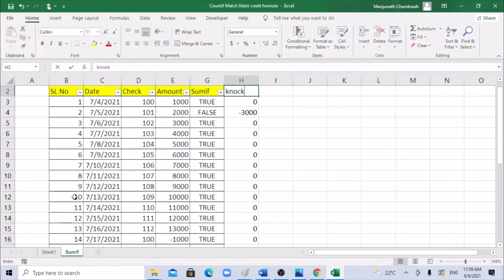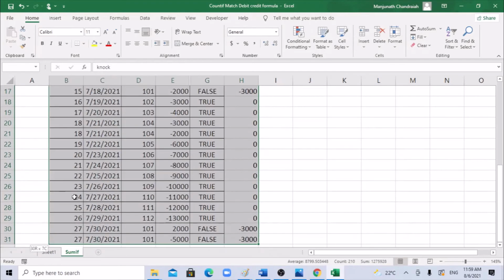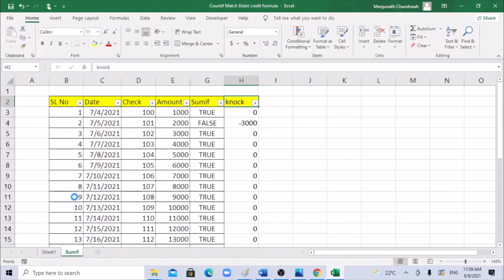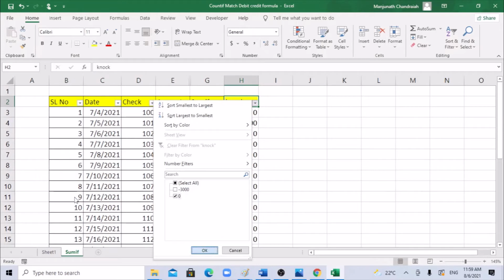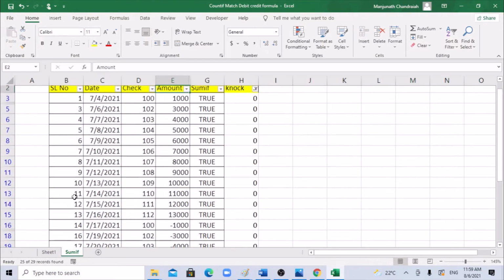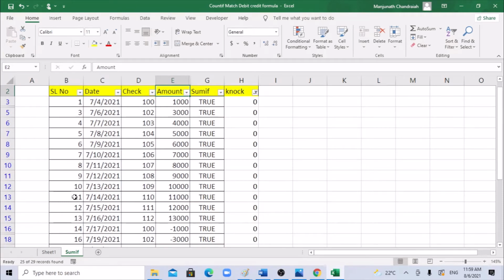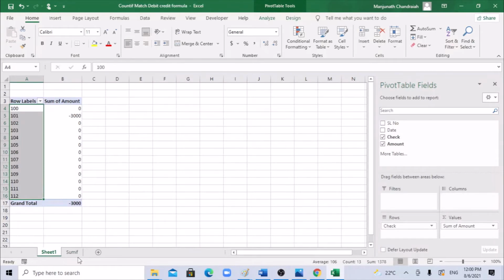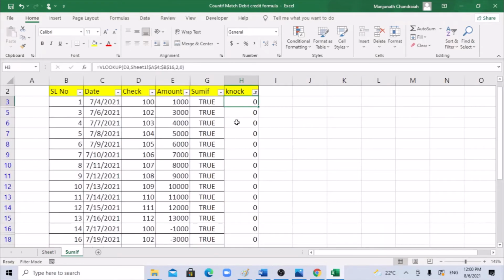Let's say knockoff. So putting a pivot table again, I need to filter 0 and delete it. Putting a pivot table is one thing, and again we need to put a VLOOKUP to get what we have here into this data file. Then you need to knock off.